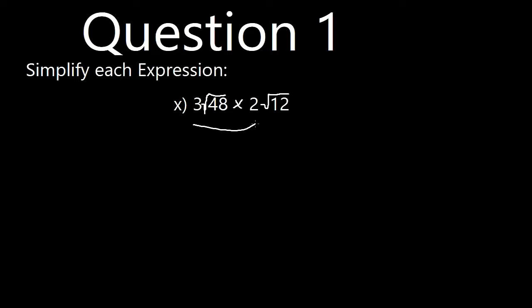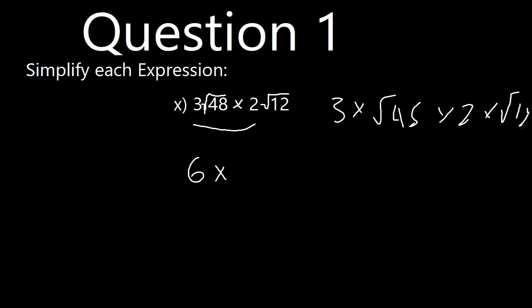So it's 3 times 2. We know we're going to have a total of 6, because remember we can split this up into 3 times root 48 times 2 times root 12. Okay, in order of operations, they're all multiplication, so we can mix them up in any order. So in this case, I'm just mixing these two around in my head. So 3 times 2 is 6. Now I've got this 48 and the 12 to multiply together. So 48 times 12 is going to give me root